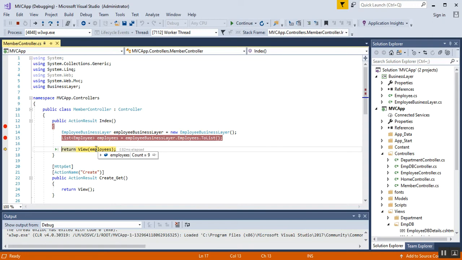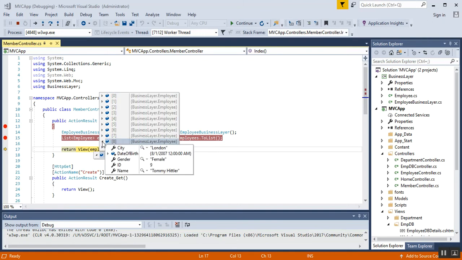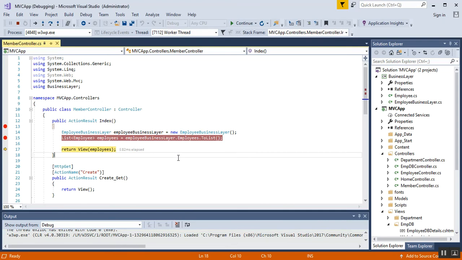And you can see if you click here on return view, inside I have passed the employee object, right, the list of employee objects that we have created. And if you click here, you can see in the pop-up that 9 employee records are showing, right? So index 0 shows all the details of the employee, and index 8 shows the employee with ID 8 with all details. So this is about the